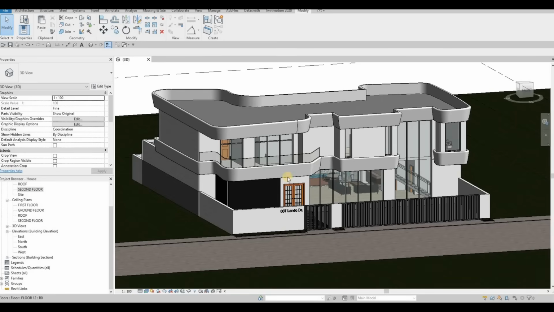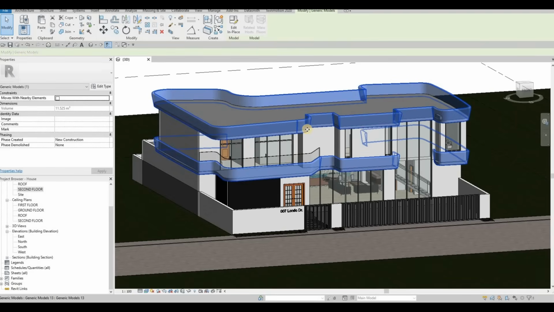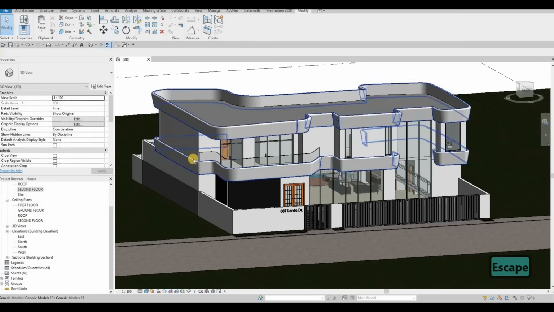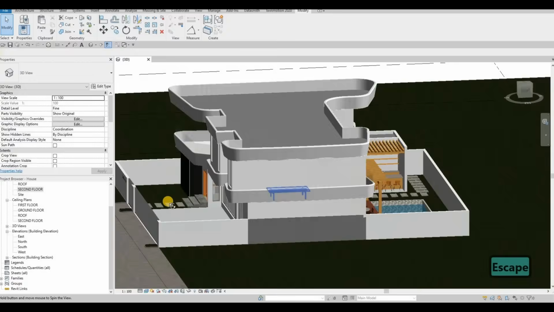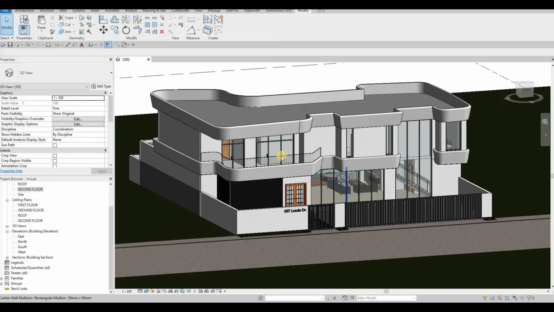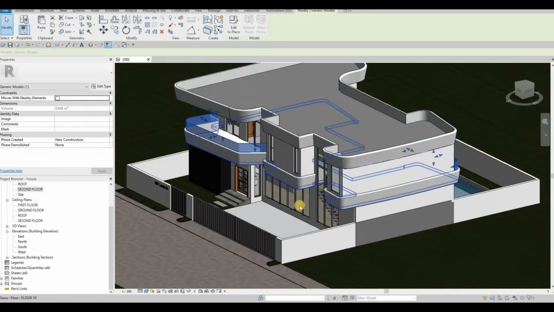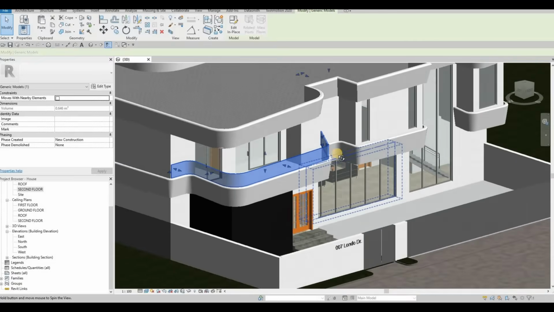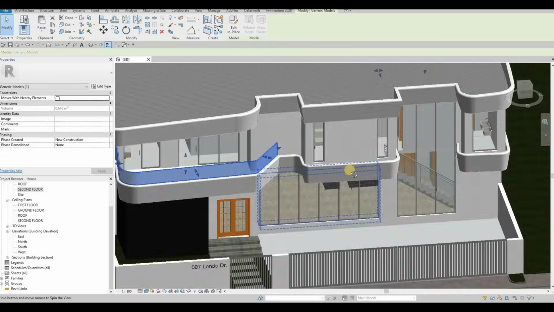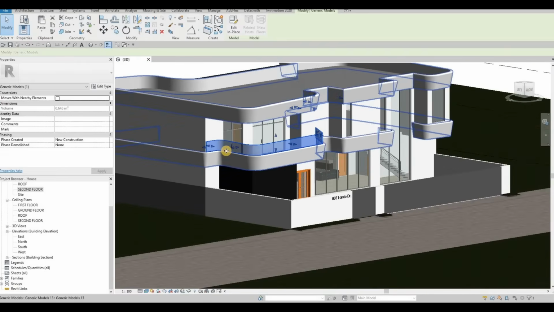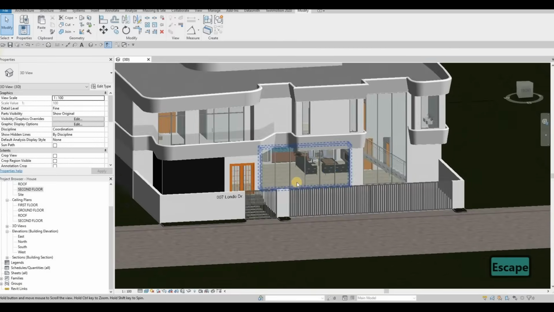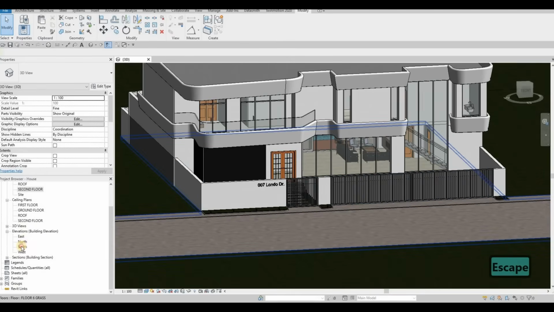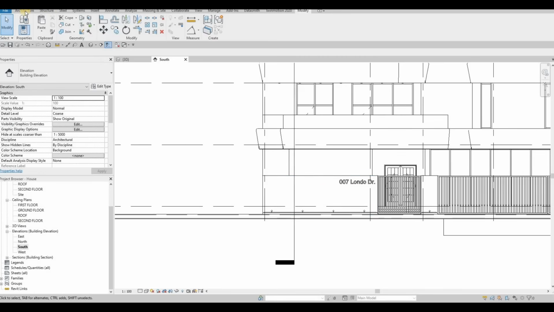So in the last video, we were able to create the same extrusion that we have on the first floor. So now, on the rooftop, it's going to be on the second floor as well, and as you can see, everything looks nice. We added some glass on top of where the balconies are, so that it's much safer and a lot easier for us to see that this is the balcony. What I want to do is go to south elevation, and I just want to add something right here,